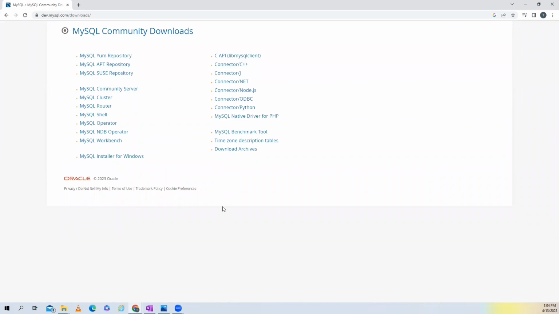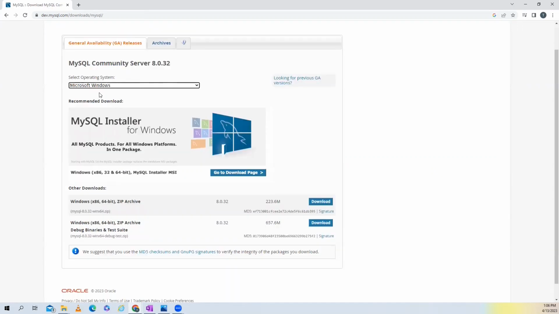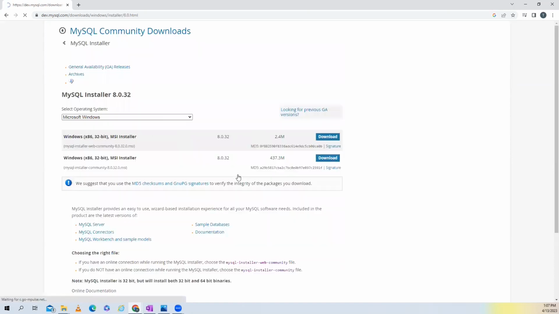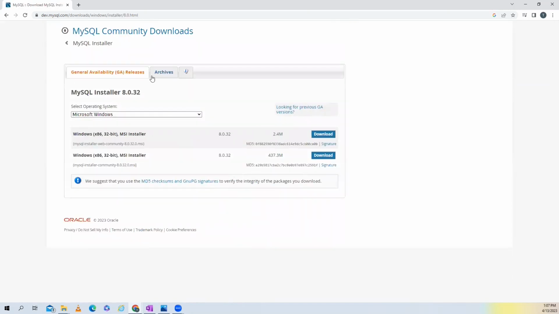For MySQL server installation, we only need MySQL community server. Here you can see MySQL community server 8.0.32 version. This is the latest version at the time of this recording. If you find a new version, you can download the latest version and install, or click the go to download page link, click archives,